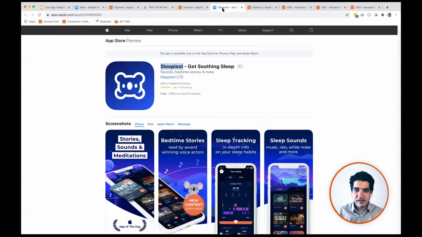Now, next is Sleepiest. Get soothing sleep. Who doesn't like to sleep? So this one interested me because these screenshots follow pretty much all the things that you want to follow in screenshots, and they make use of both the name and the subtitle, and it's also a very interesting icon. So let's apply